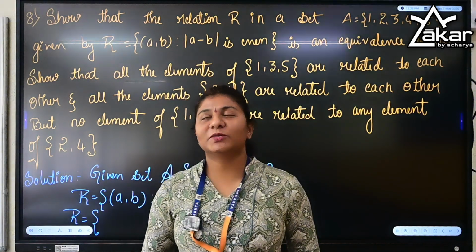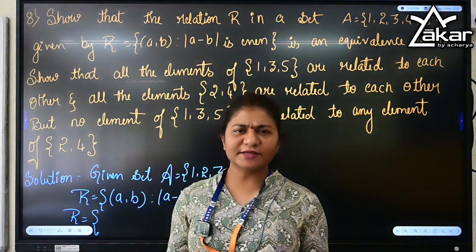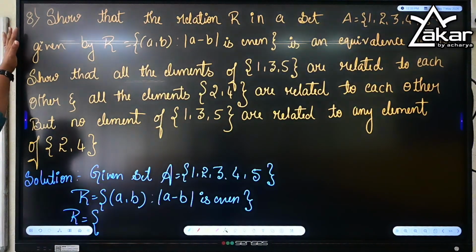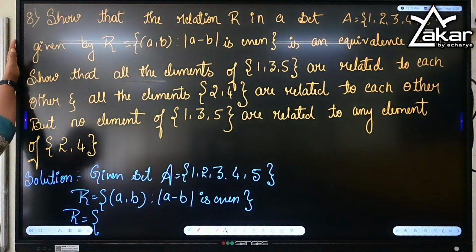So, very good morning. Previously we have learned up to 6 problems. Let us now look at the further problems. The given problem is: show that the relation R in the set A = {1, 2, 3, 4, 5} given